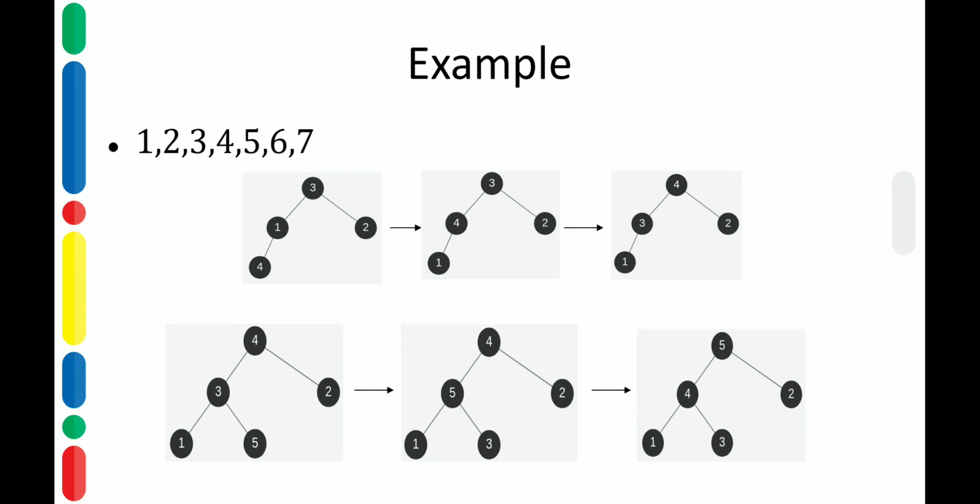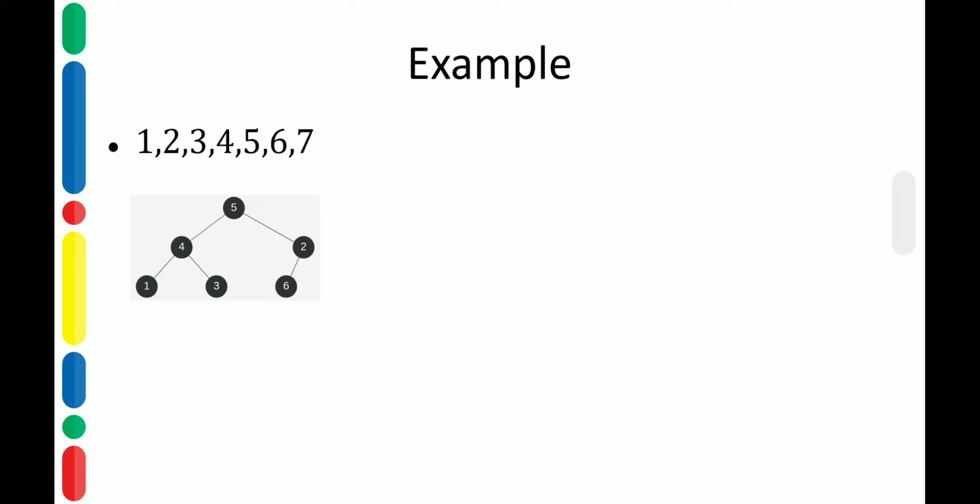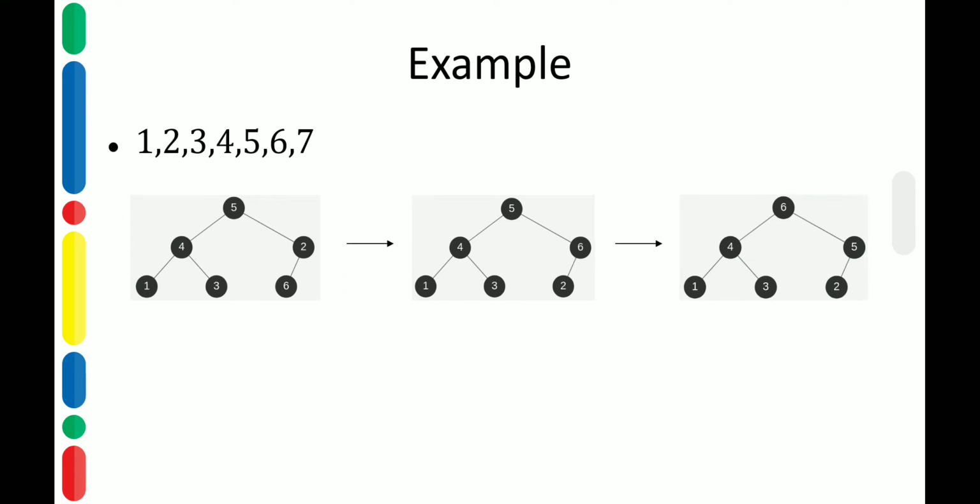Next position where we can insert is as the left child of 2. The element to be inserted is 6. Let's say we insert 6. Again the parental dominance is violated. So 6 we compare with its parent 2. 2 is smaller, so we exchange. That will give us 6 as the parent and 2 as its child. Again we compare 6 with its parent 5. The parent is smaller, so we exchange it again. So we get 6 as the root, 4 and 5 as the children at the first level, 1, 3, 2 as the nodes at the third level.